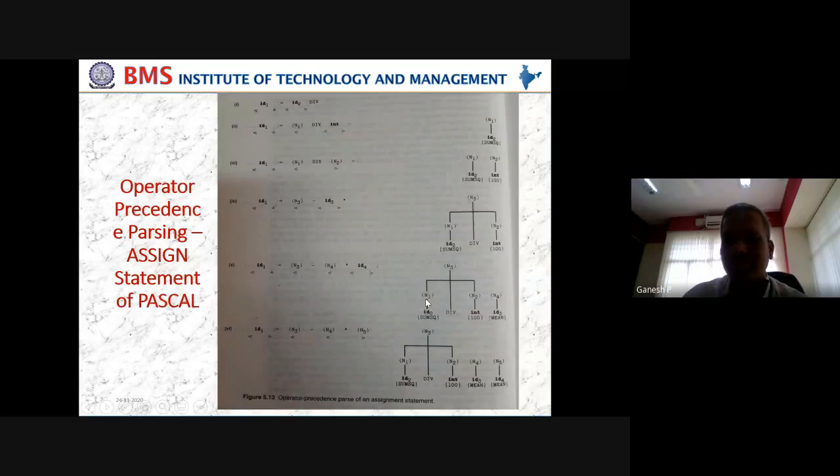Now, how do you say it is a bottom-up approach? If you observe how the diagram is built, slowly the diagram is built from the bottom. See, we have two things: sum SQ by 100, sum SQ divided by 100, and so on. All the leaf nodes have been constructed here. If you see here, they're all leaf nodes because there are no angle brackets.